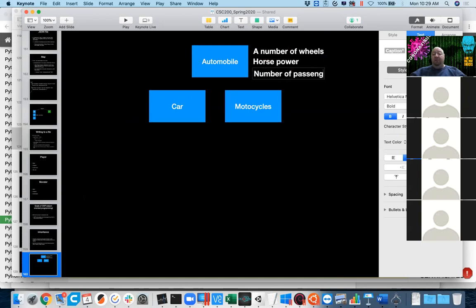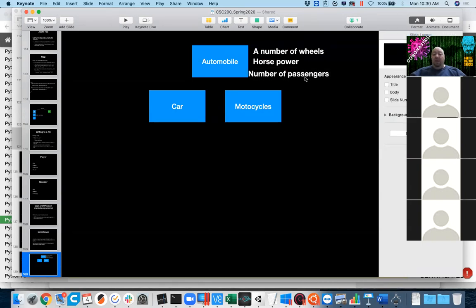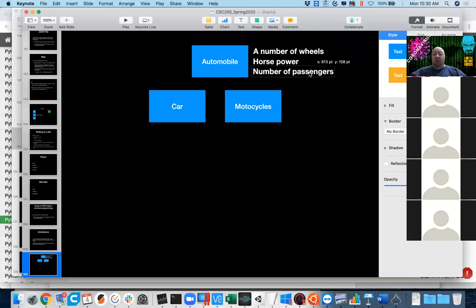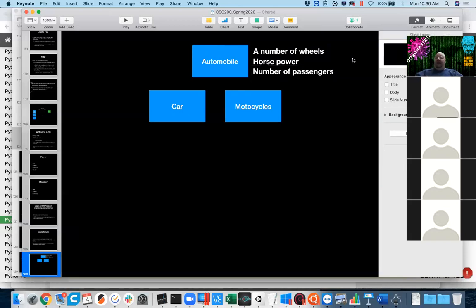Number of passengers. Okay, so we'll say that all automobiles have a number of wheels, a horsepower, and a number of passengers associated with it. Now, how do cars and motorcycles differentiate themselves? And we might have to stretch this a little bit. So maybe we say that a car